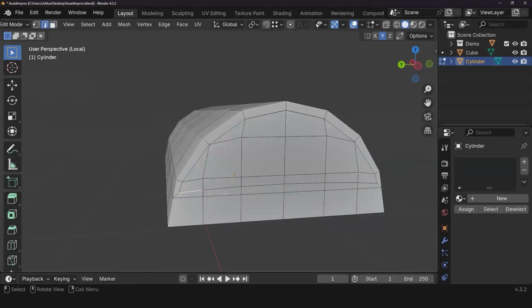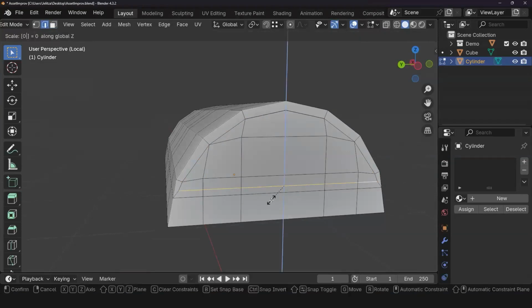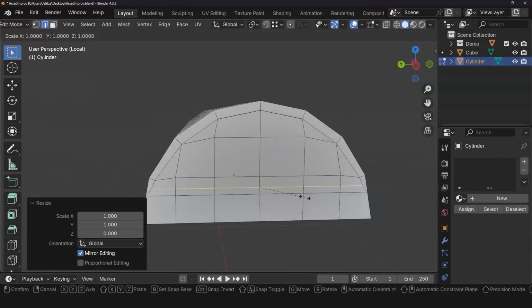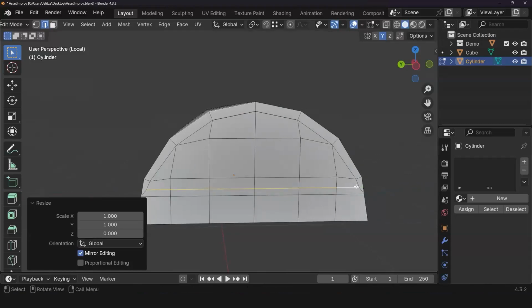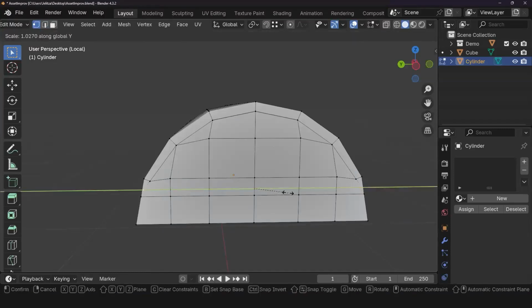If I were to select this and press scale Z 0, that will straighten that out just a smidge. And if I were to scale along the Y, no, I'll just take these verts and scale it along the Y.